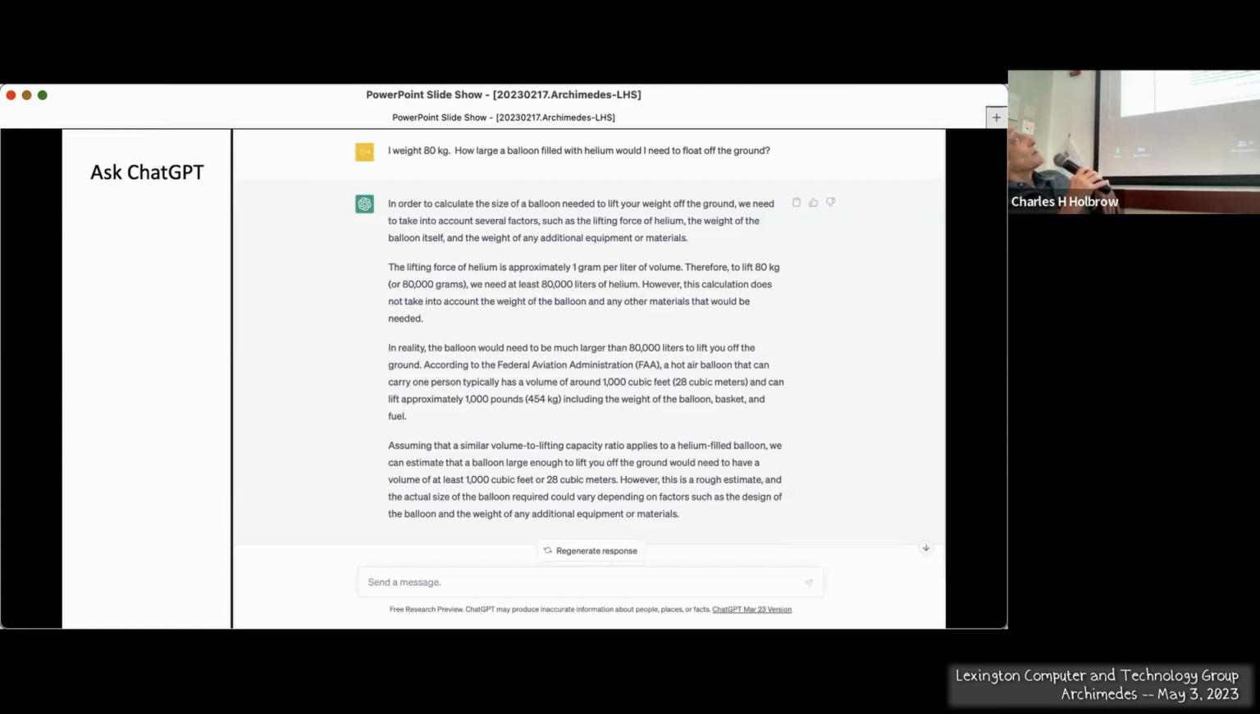Good. And then it says, the lifting force of helium is approximately 1 gram per liter of volume. Therefore, to lift 80 kilograms or 80,000 grams, you need at least 80,000 liters of helium. 1,000 liters is a cubic meter. Yes. So you're going to need 80 cubic meters. However, this calculation does not take into account the weight of the balloon and any other materials that would be needed. Very good warning. In reality, the balloon would be much larger than 80,000 liters to lift you off the ground. I don't think it has to be much larger, but